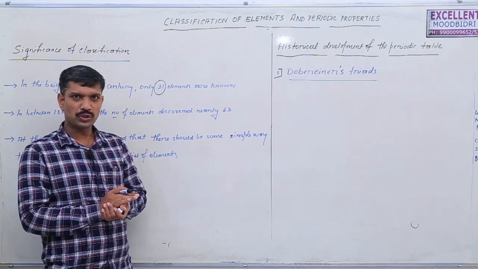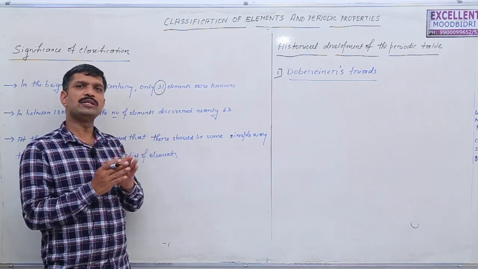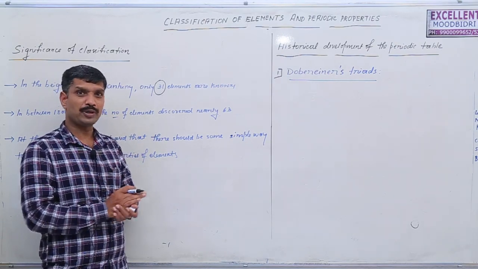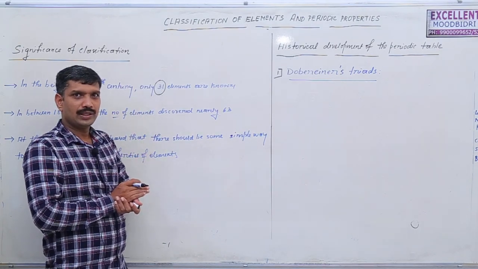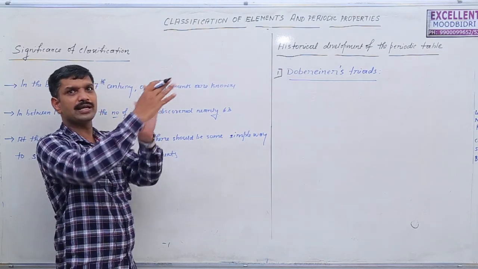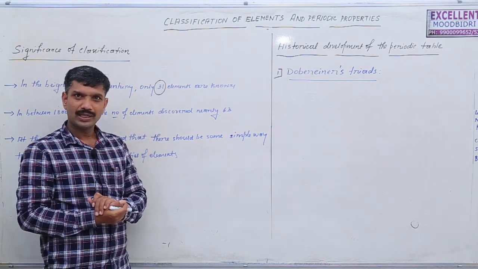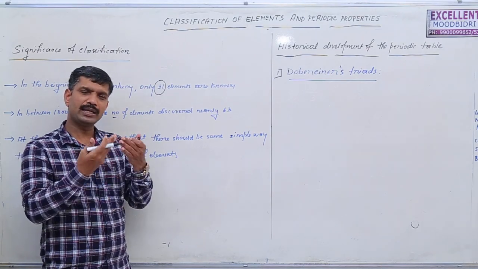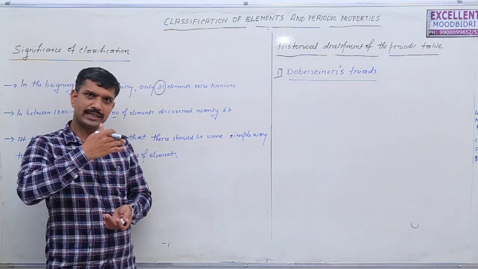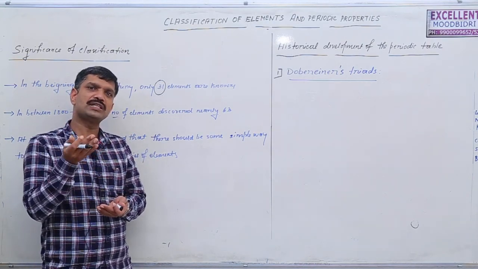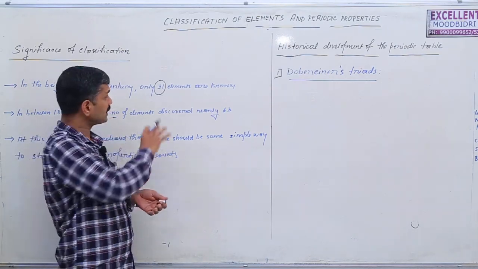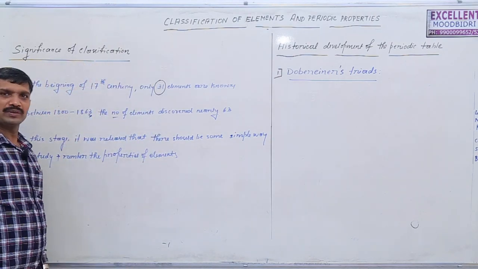In the periodic table, those elements which show similar properties, the S block elements, alkali metals and alkaline earth metals, are placed in the first and second groups. P block elements, groups 13 to 18, exhibit similar properties. They are placed on the right side of the periodic table. And the lanthanide series and actinide series exhibit different properties. They are placed at the bottom of the periodic table. So this is done by arranging elements of similar properties together and dissimilar ones separately. This is the significance of the classification of the elements.